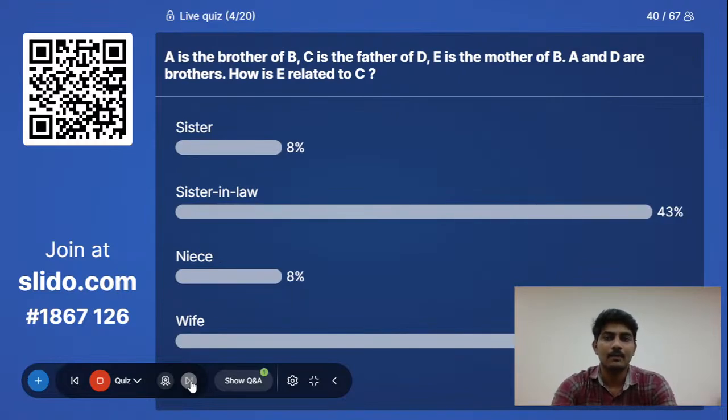Okay, I received 43% and 43% of the students who answered the second and fourth options, and 8% and 8% of the students answered the first option and the third option. And if you want the explanation regarding the third question, in the third question, he gave the word